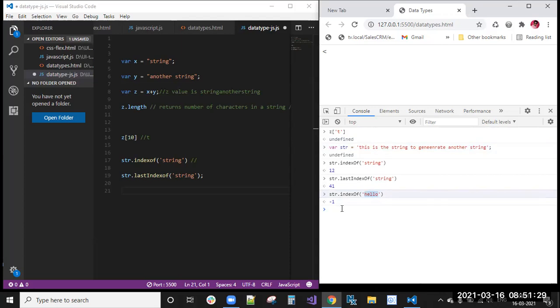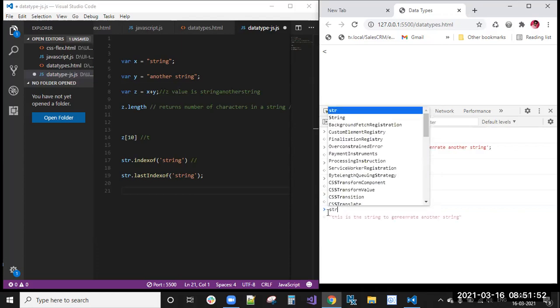Then it will return you -1. So -1: we use indexOf to search which position this string is in the given string. It will search, but that string does not exist in the given string. It will return you -1.